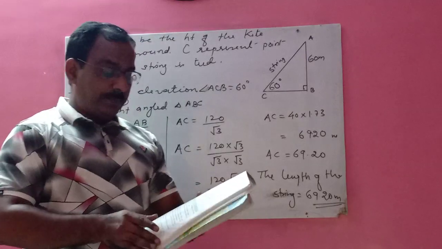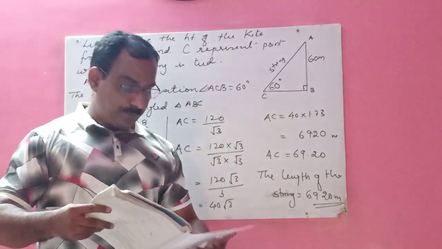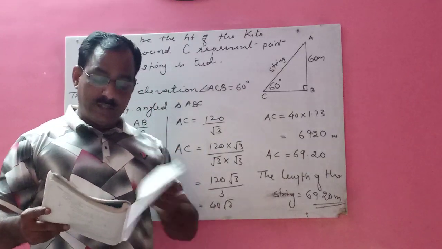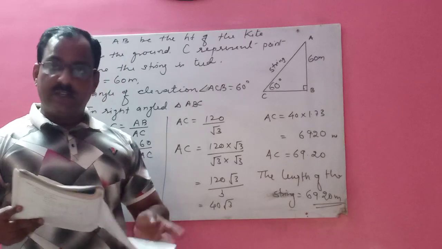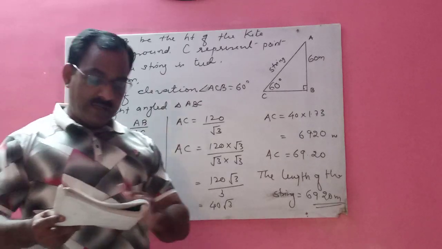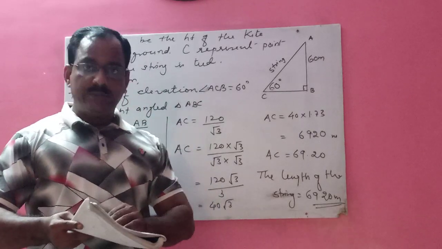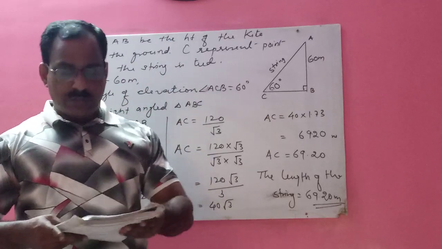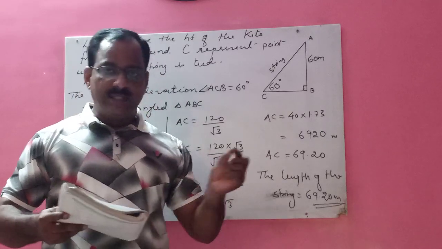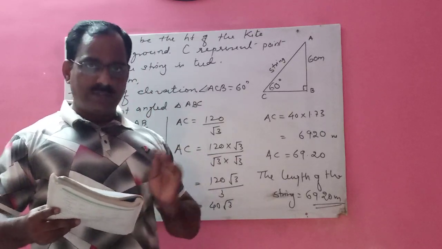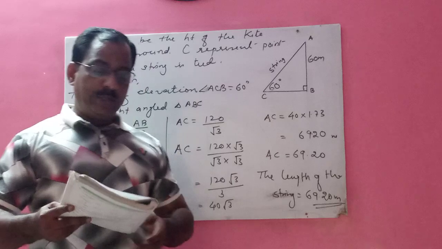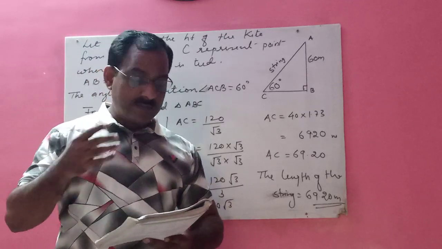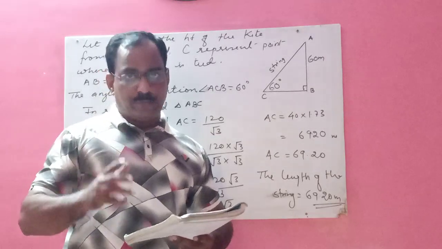So here children, I have completed your exercise 6.2. Now I am giving you a few sums from the problem set which are very simple, and similar to whatever I have done. You just try, and if you are facing problems in any question, then comment that you have not understood this question from exercise 6.2, or that you are not able to solve question number 6, 7, 8 which I am going to give you from the problem set.